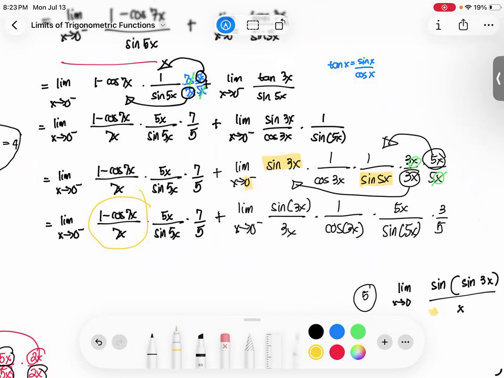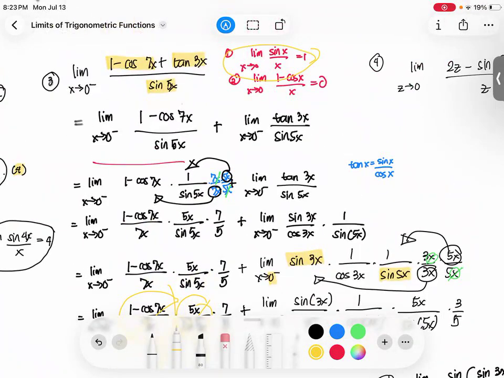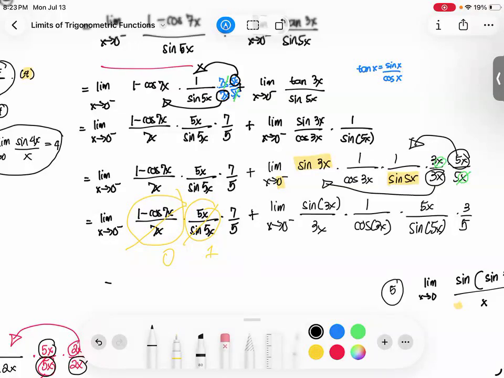This is just 0. This is just 1 by the sine identity here. So we have 0 times 1 times 7 over 5, which of course will just end up to be 0,